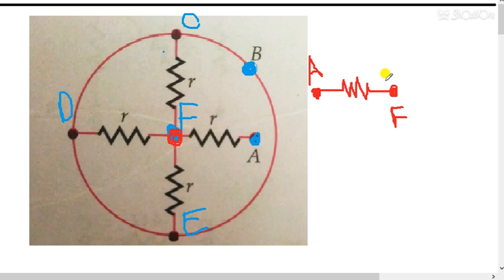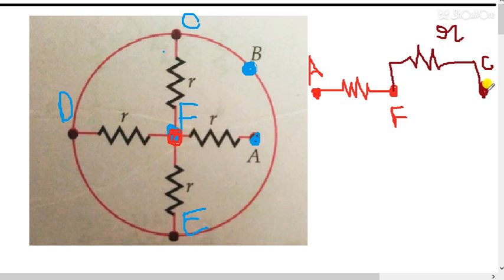same. So what we have to take care here, let's take a common point, because potential is same. This can be B point also, this can be C point also, this can be F point, this can be D point also, or this can be E point also. So here we have F. So we connect a resistance, like one resistance. Let's suppose I have connected F to C. So let's suppose this point is C and this is resistance R. So F to C I have connected.